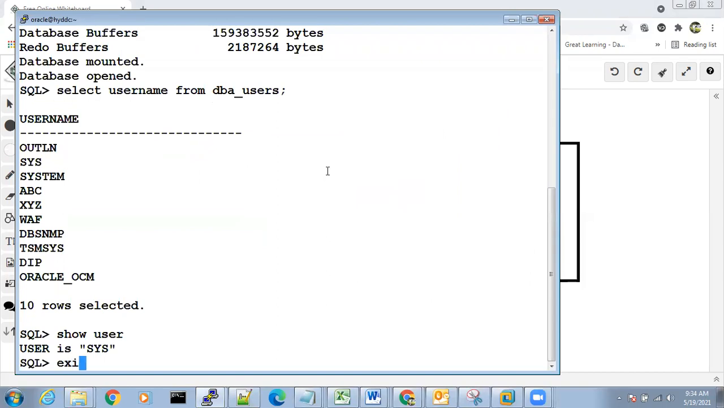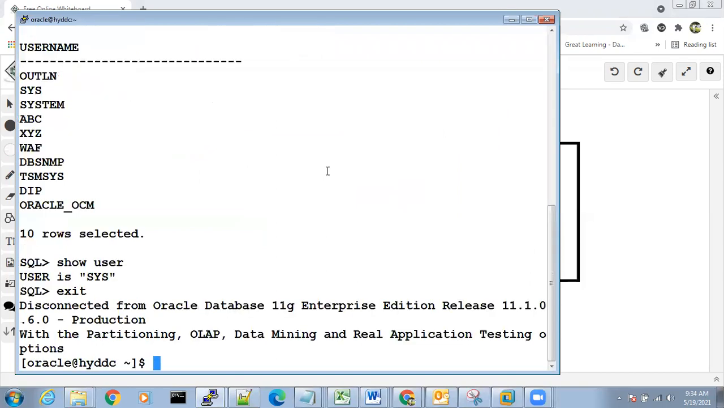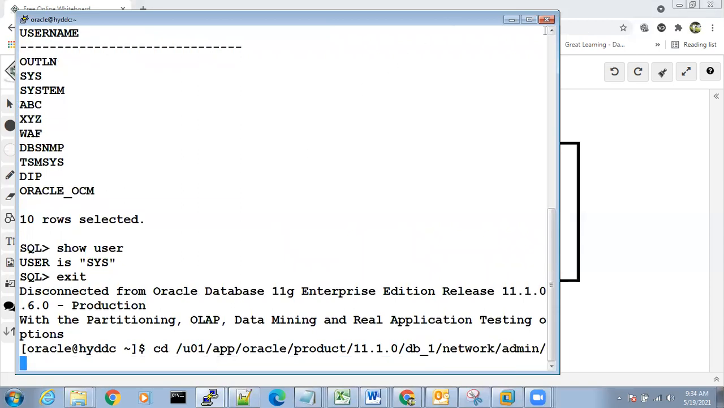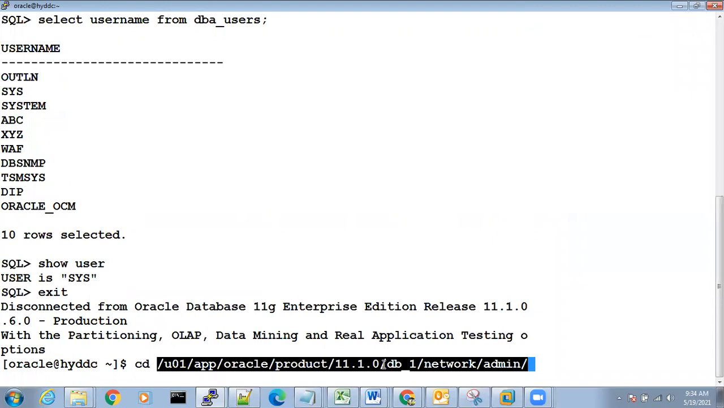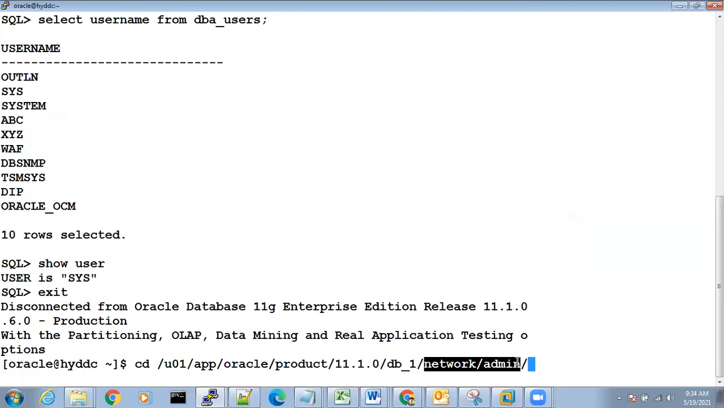Okay. How to configure the listener? Where does the listener have to be configured? In Oracle Home, u01/app/oracle/product/11.1.0/db_1/network/admin. Till here it is Oracle Home. Inside Oracle Home, network admin, here the listener has to be configured. Now I went to this location and I'm giving vi